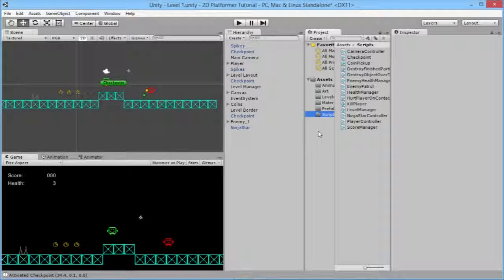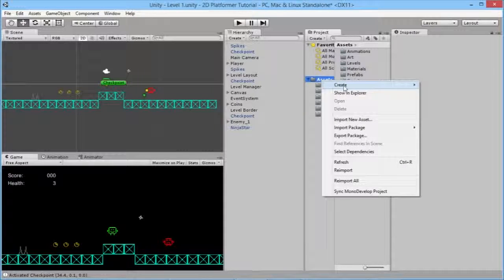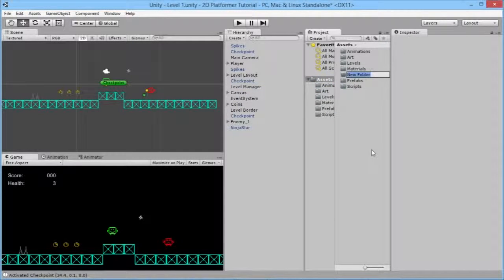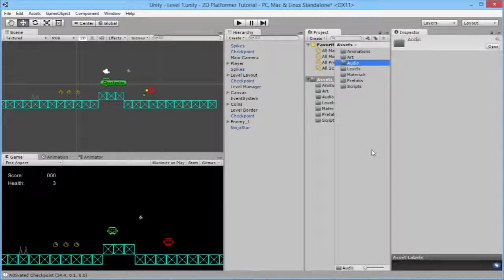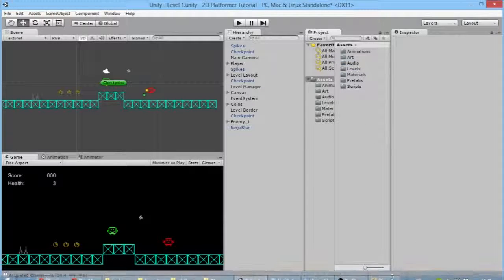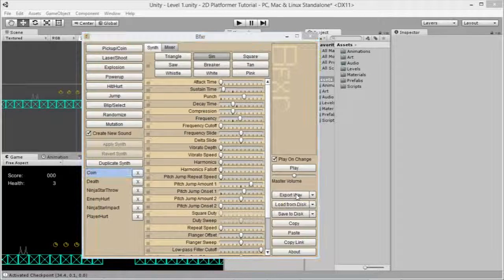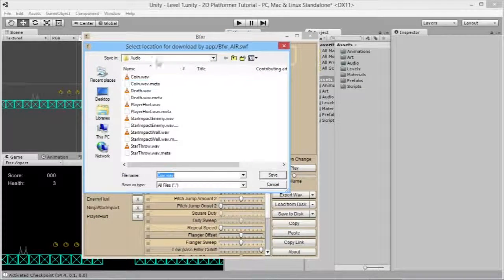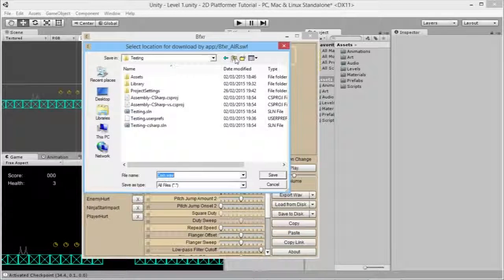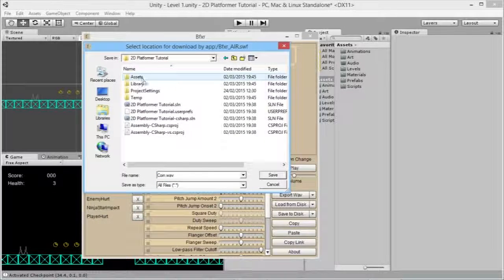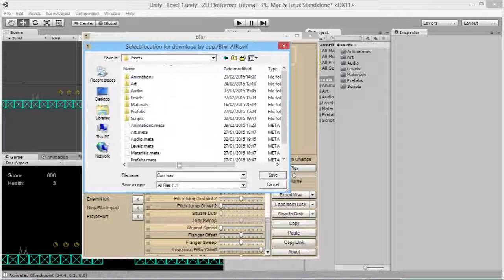We'll create a new folder. Here, create folder, and we'll just call this one audio. So now that's great. We'll go back to BFXR, and what you have to do is highlight each one. So we go to our coin, we go export wave, and that's a different folder. So we go to our assets. You have to navigate to where your files are basically, and go to